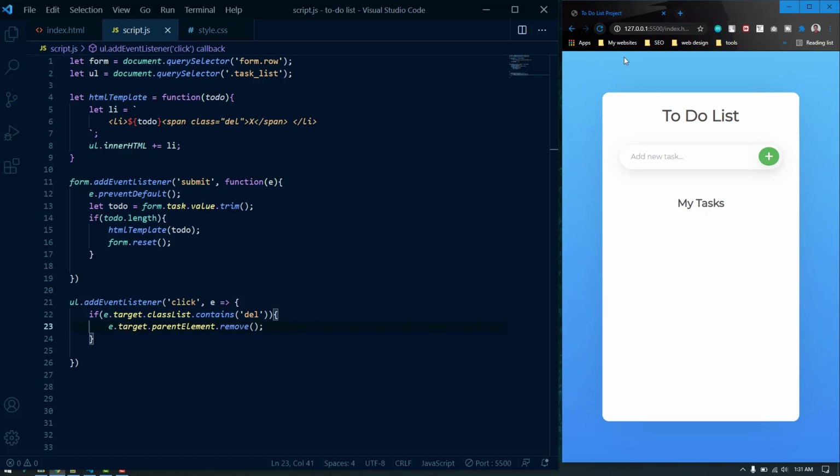So this is pretty much everything, and this was the simplest to-do list. You can add more functionality to it. Suppose we can add a search bar to search through the task list. Here we can categorize the task list into different portions or different categories. So we can also add a category input field, or we can select different categories to add our new task. So that is up to you. You can do more experiments with JavaScript to learn stuff.